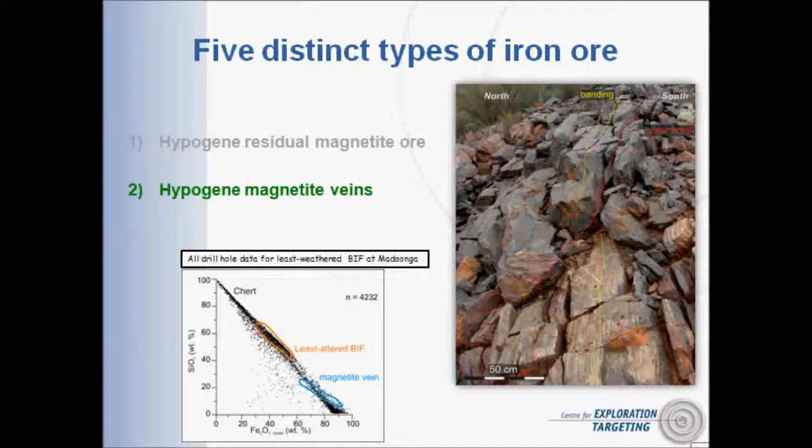Now, how does it compare with the second type of mineralization? In this case we have hypogene magnetite veins, and in this photograph of outcrop I've got my hammer located here for scale, and hopefully you can see some regional banding within the BIF, like so, the alternating silica-rich bands and iron oxide-rich bands. And then the key thing here is this magnetite-rich zone, which is like a fault-hosted vein cutting through the banded iron formation at a